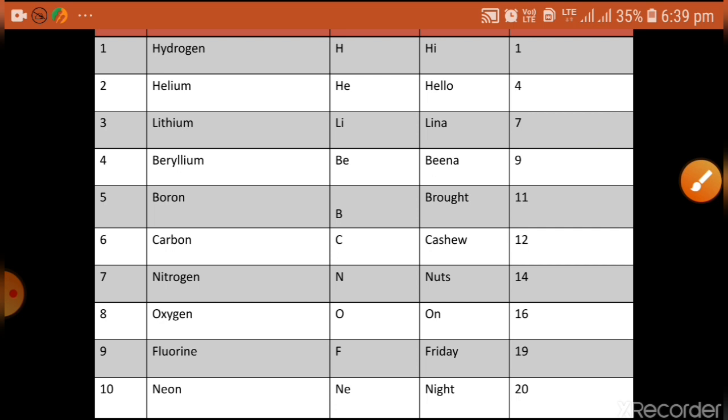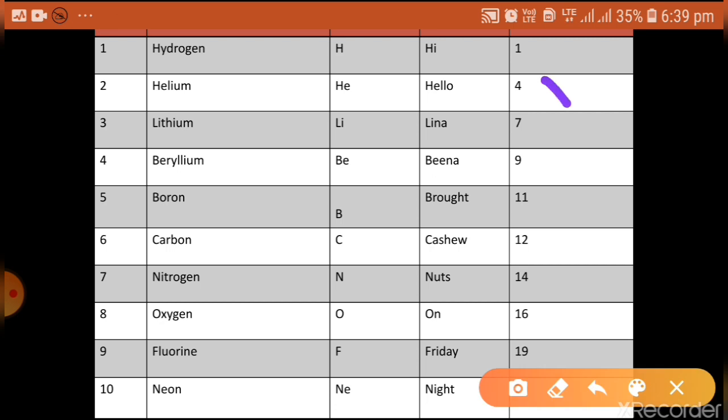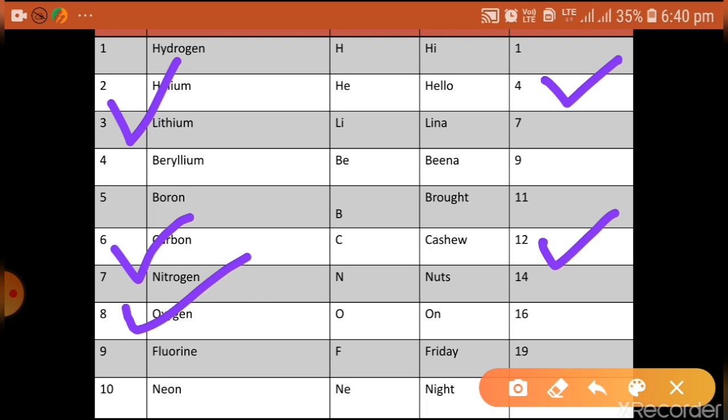So you can see the atomic mass of hydrogen is the same as its atomic number, that is 1, because hydrogen contains only 1 proton and 0 neutrons. So you will get only 1 as the answer. And if you notice, the atomic mass of the even atomic numbers is always twice the atomic number. You can see the atomic number of helium is 2, its atomic mass is twice, 4. Here the atomic number of carbon is 6, its atomic mass is 12. Here the atomic number of oxygen is 8, its atomic mass is 16.